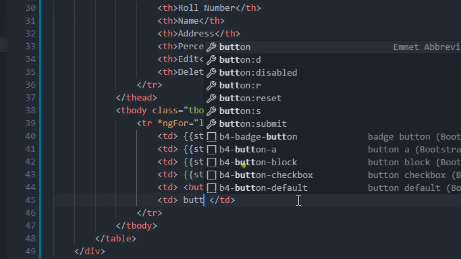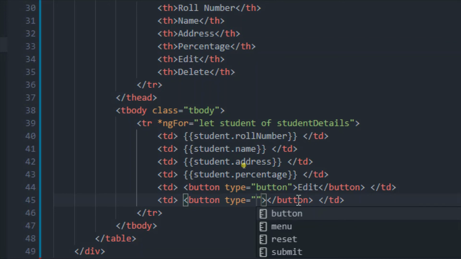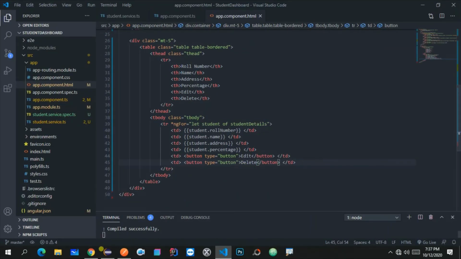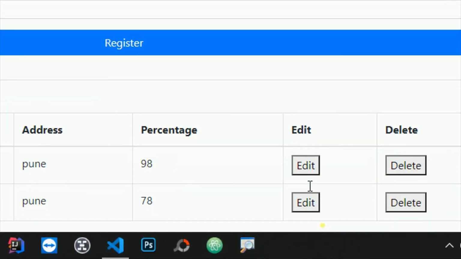So let me type button, type equals button, and value will be delete like this. Now let me save this, go to the browser, and show you how it is looking. Over here you will find this edit and delete option in front of each and every row.